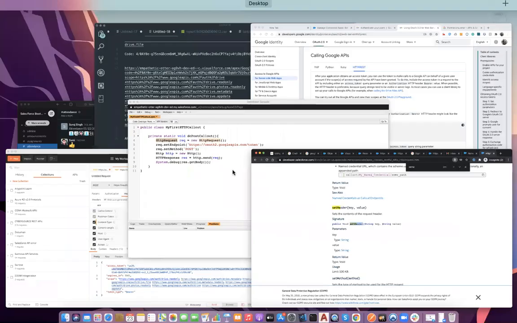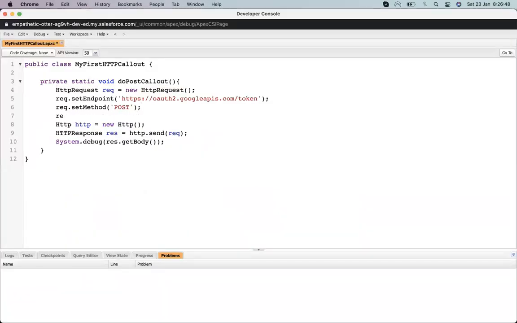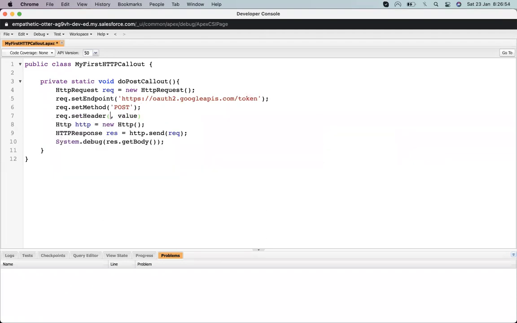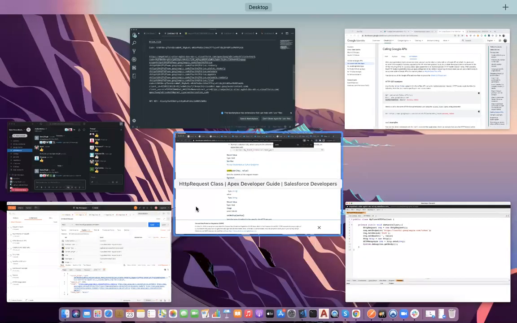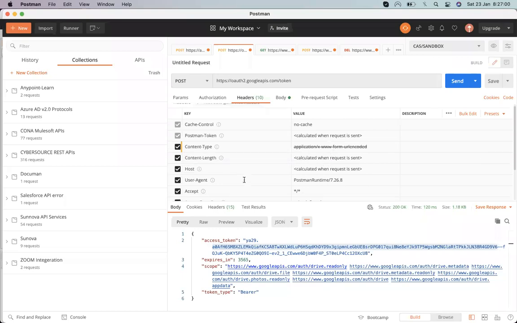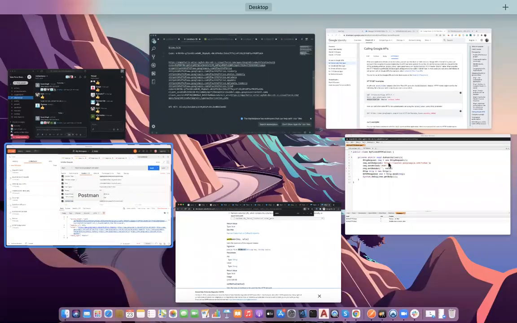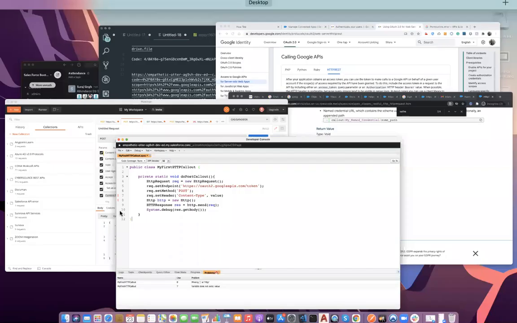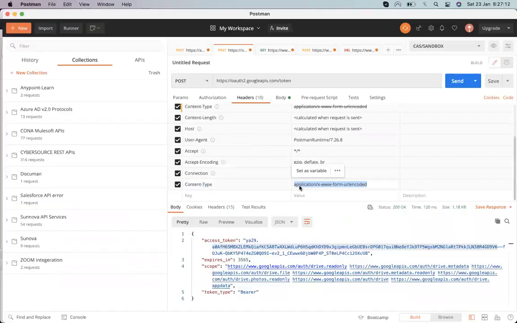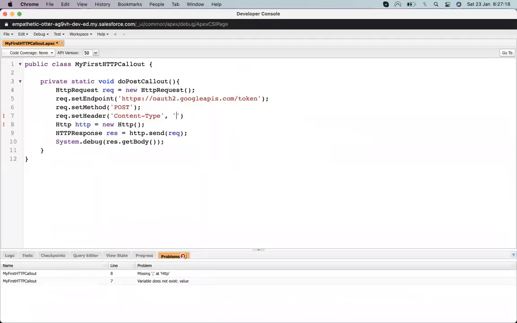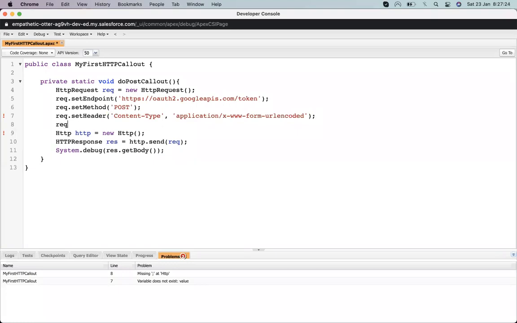So I will come up here: request dot set header. In that I will need a key and a value. So key. Where is my Postman? Header. We have set the header content type. And then we have a value. In the value, I need application JSON. Then I need to set the body. So request dot set body, and the body.